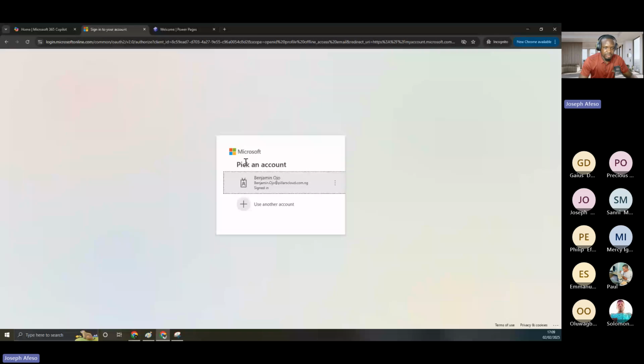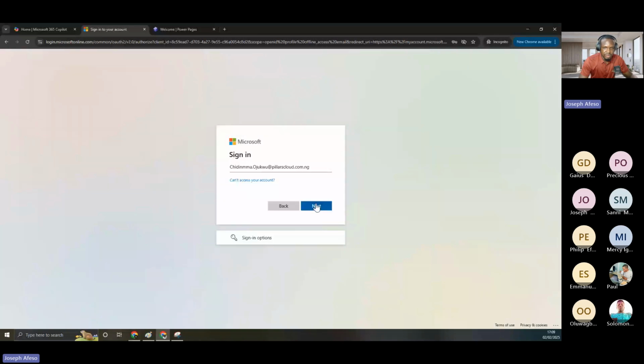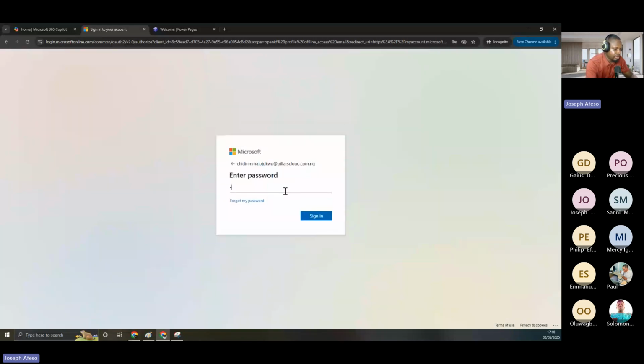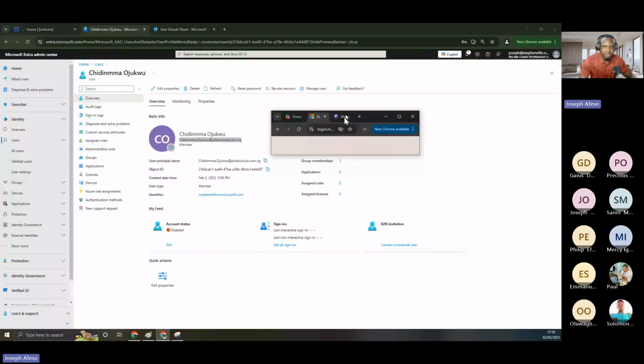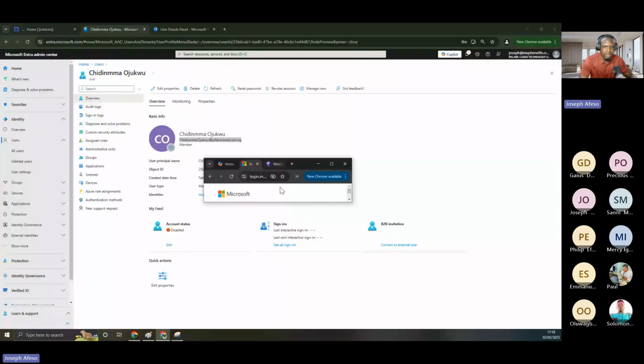So I want to add this. If I do this and I do this, I hope I still remember the password I set for him. Okay, so yeah, the password worked, but if you look at it, it's saying your account has been blocked. Contact your support person to unlock it, then try again. What you are seeing is because the account is showing disabled here,